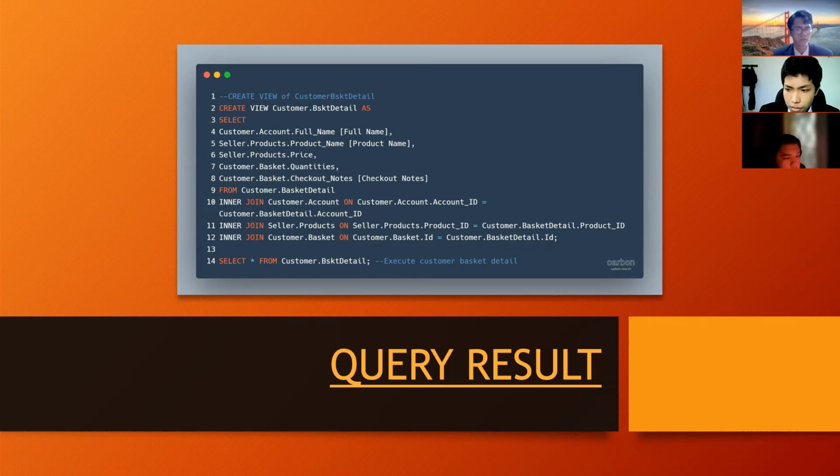Inner join seller product on seller product ID equal to customer basket detail product ID. Inner join customer basket on customer basket ID equal to customer basket detail ID. It will select from the customer basket detail.